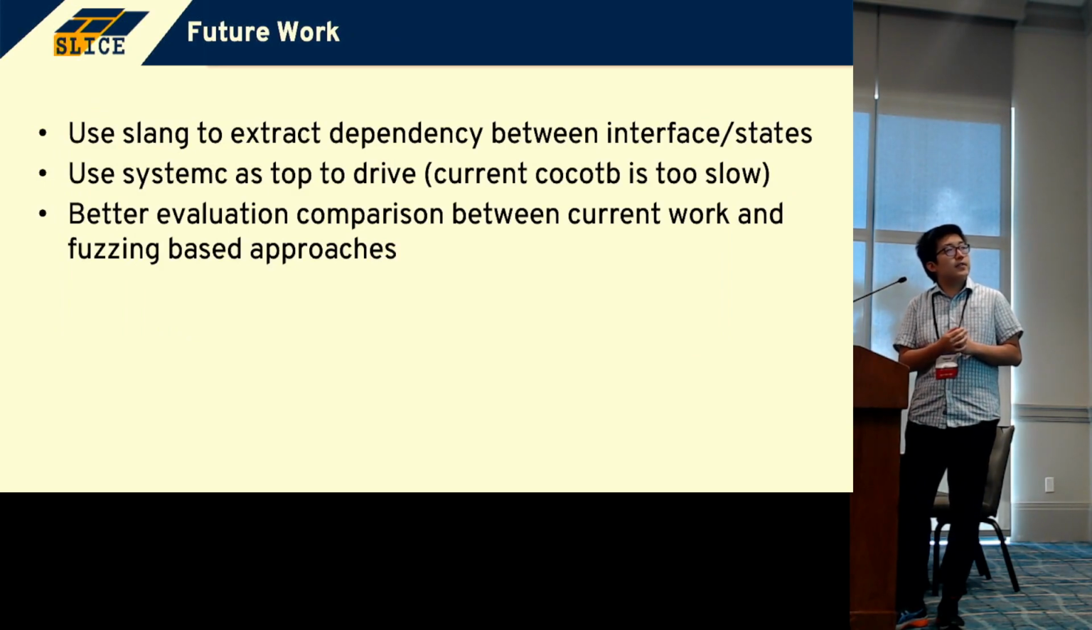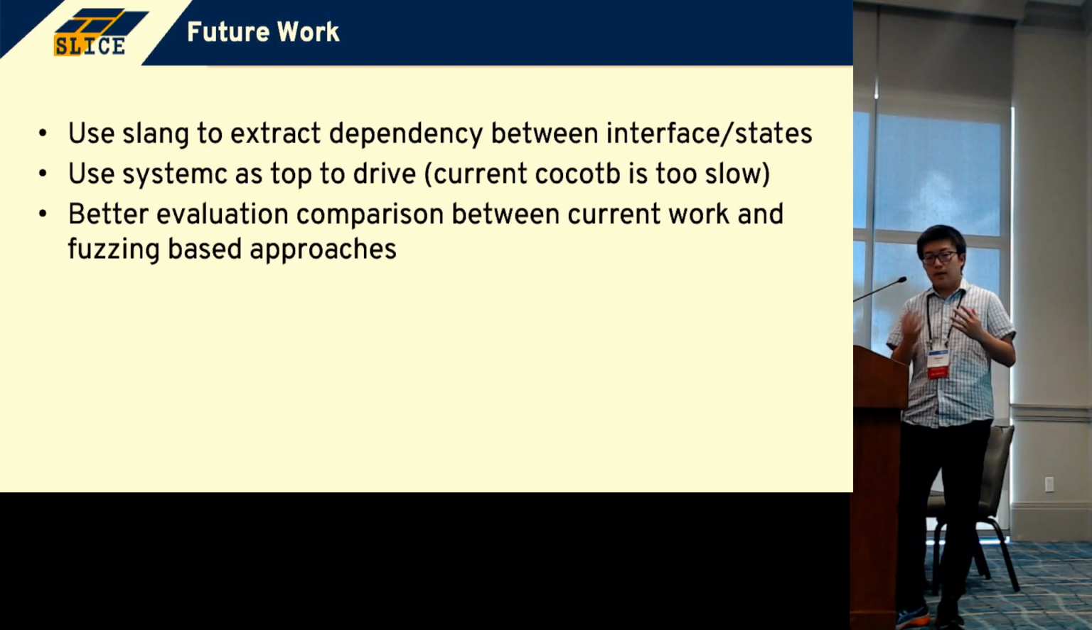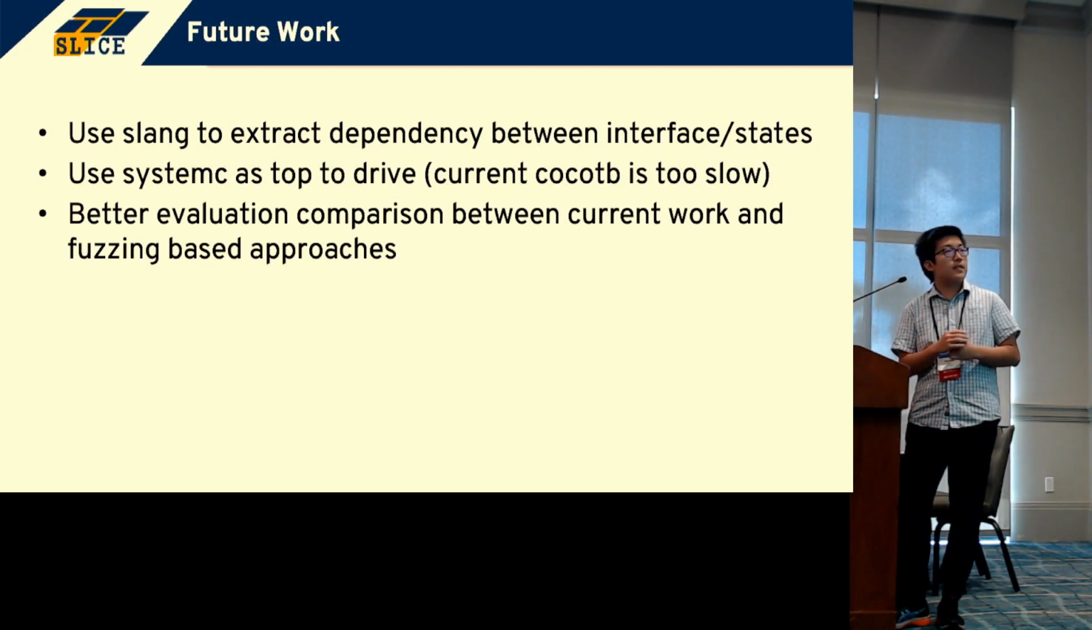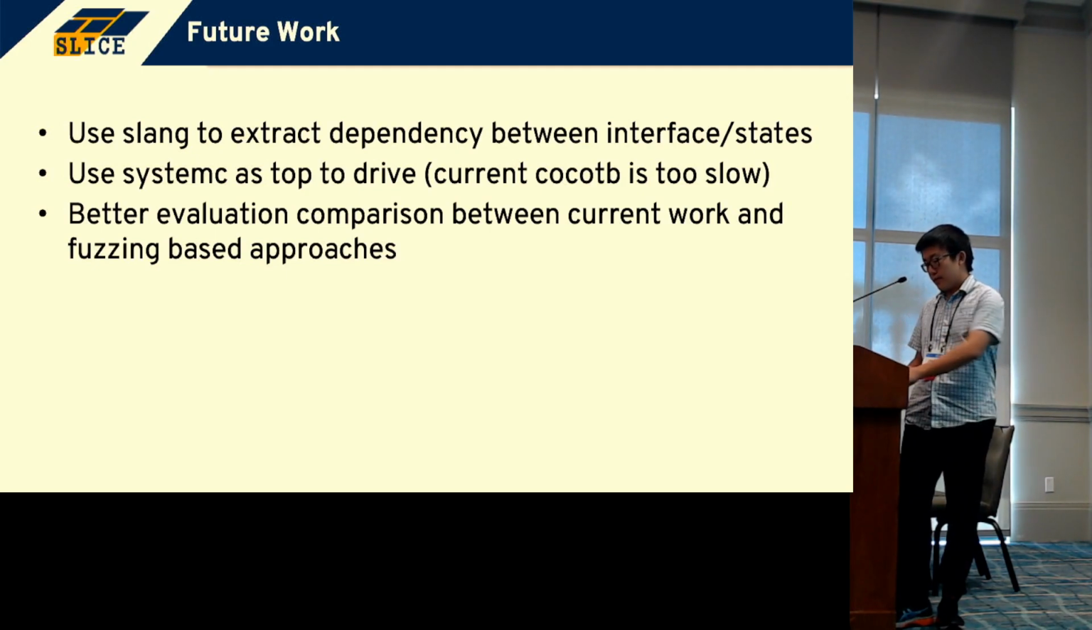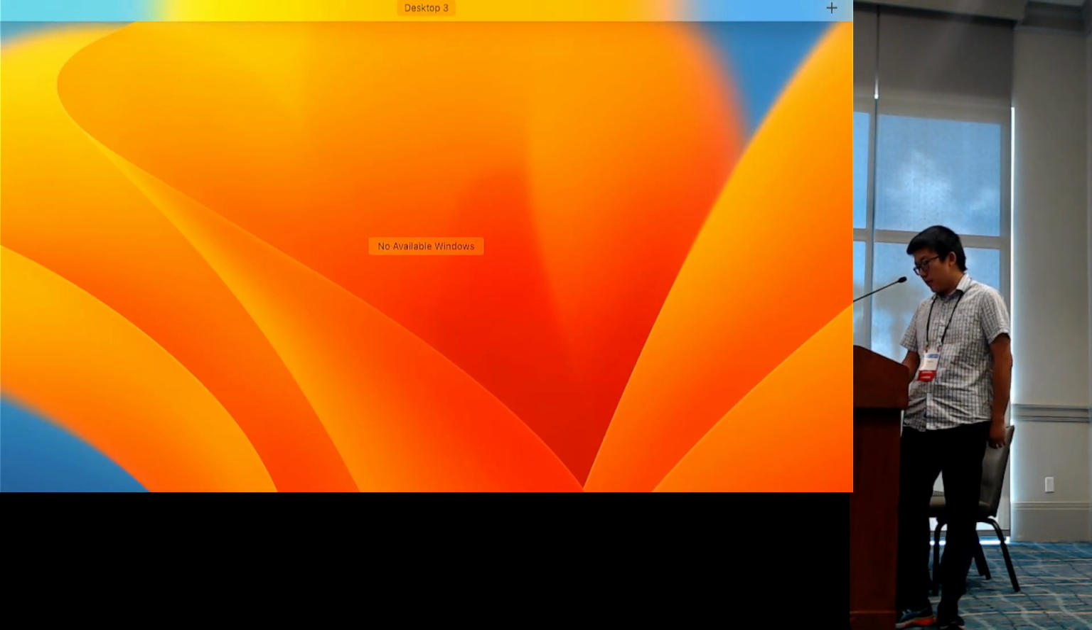So one thing we'd like to do is use a parser to extract dependencies between interfaces and FSMs. We currently annotate them by hand, which is a little inefficient. The other thing is we want to use SystemC as top to drive the verification collateral, because CocoTB is a little too slow. We have also performed some evaluation against prior partial order reduction techniques, but we want a better evaluation comparing the current work with fuzzing-based approaches like RFuzz. So with that,